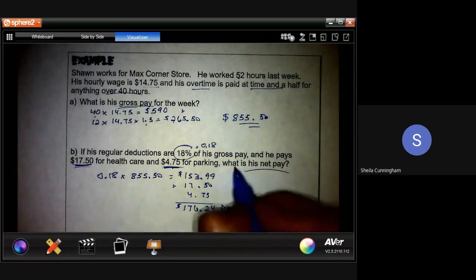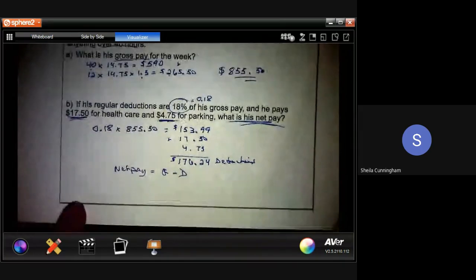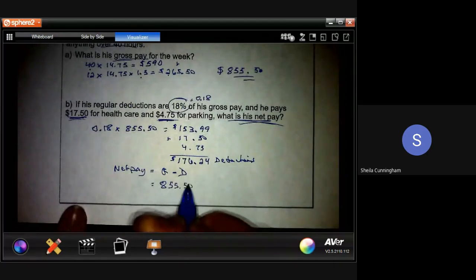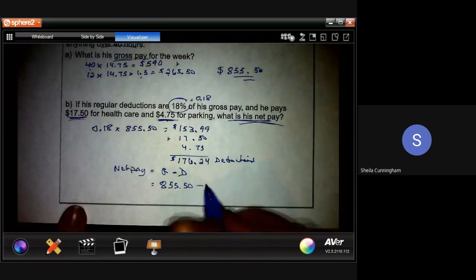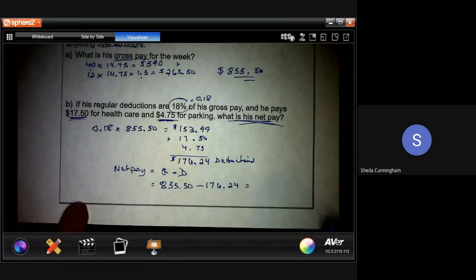Now, I'm asked to find what his net pay is. So to find net pay, I'm going to take my gross and I'm going to subtract from it my deductions. Well, my gross from the previous question was $855.50. My deductions, what I just figured out, were $176.24. So now if I subtract those,